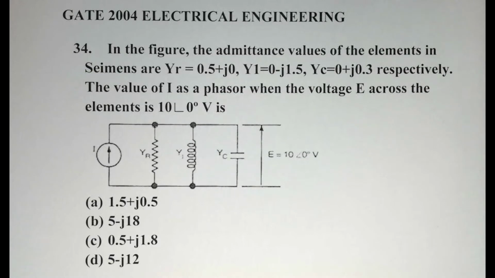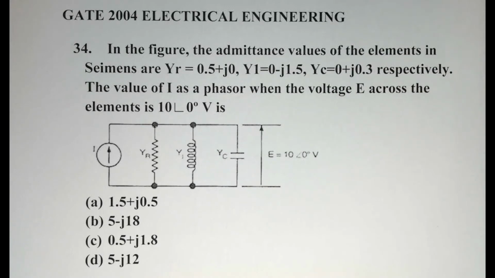Here's the next question, number 34. In the figure, the admittance values of the elements in Siemens are YR, which is 0.5 plus J0, YL is 0 minus J1.5, and YC is 0 plus J0.3 respectively. The value of I as a phasor when the voltage E across the elements is 10 angle 0 volts is,